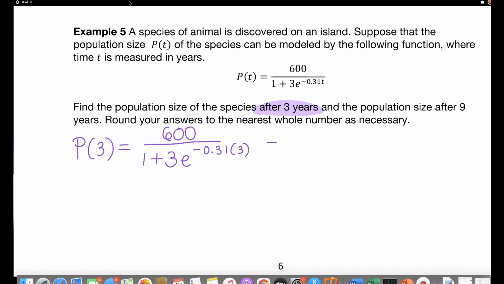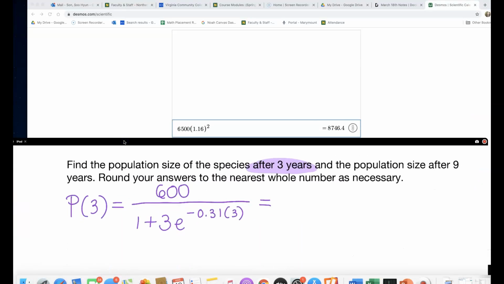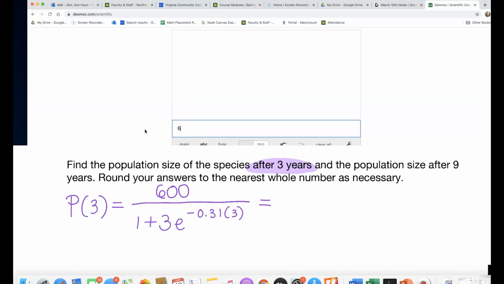So you just have to plug in 3. And we're talking about number of animals, whatever these are. So let's go ahead and round this to the nearest whole number instead of any decimal, okay? Let me extend my fraction bar a little bit longer. And I'm going to type this into my scientific calculator. So let's see. I'll type in 600 over 1 plus 3e raised to the negative 0.31 times 3. Okay, and the answer is